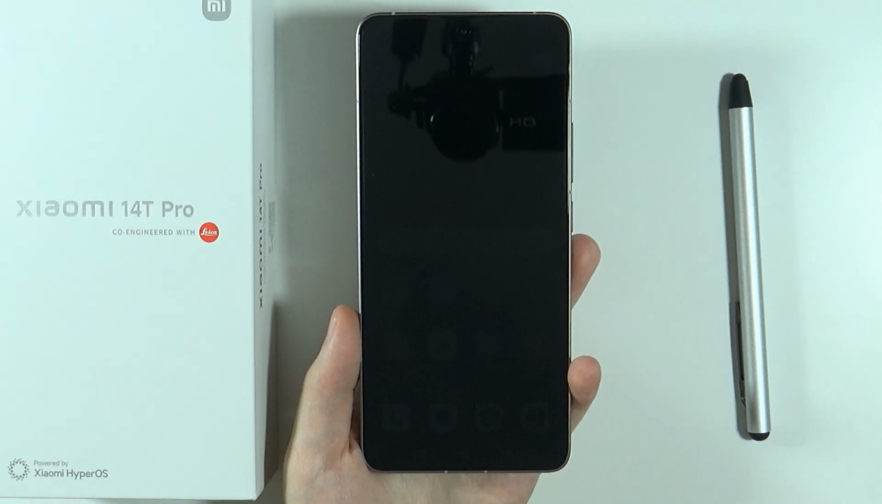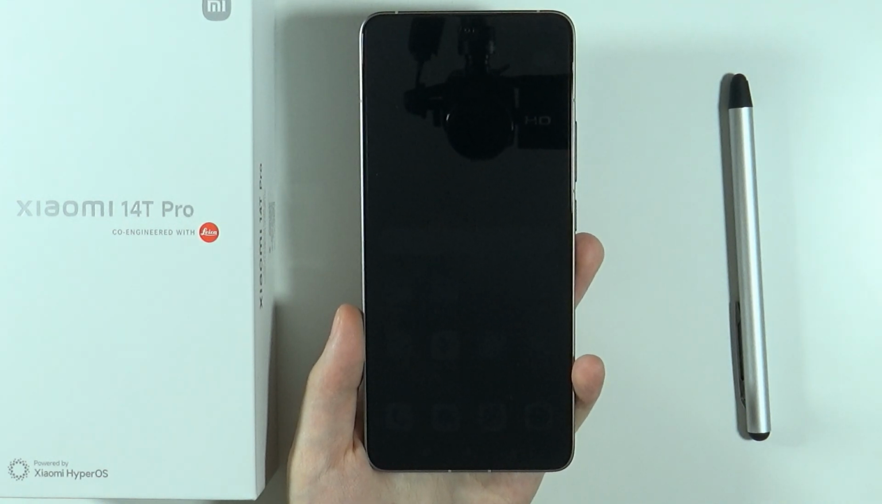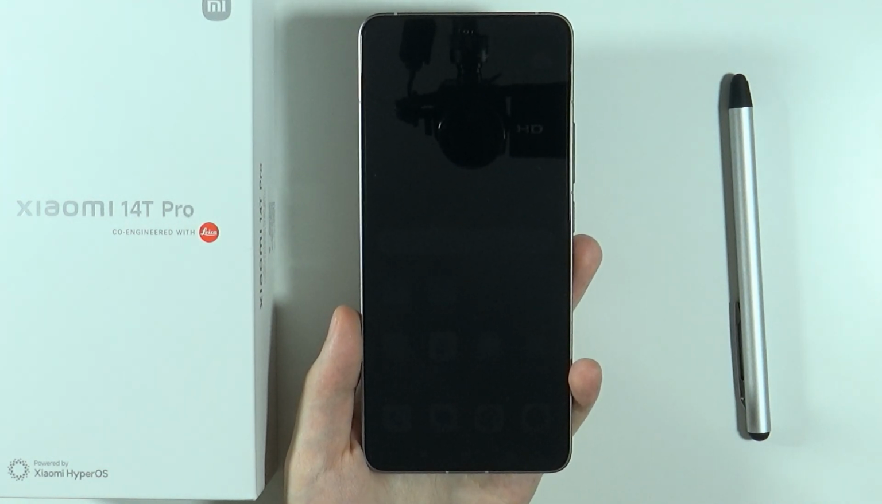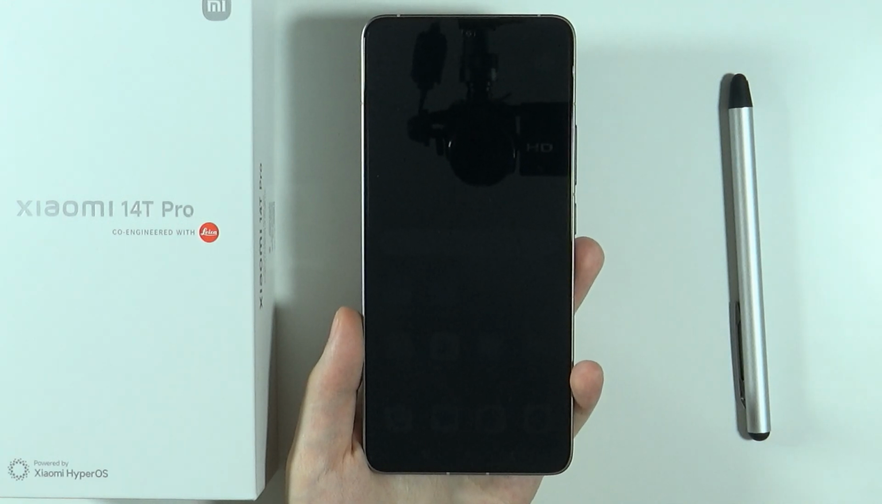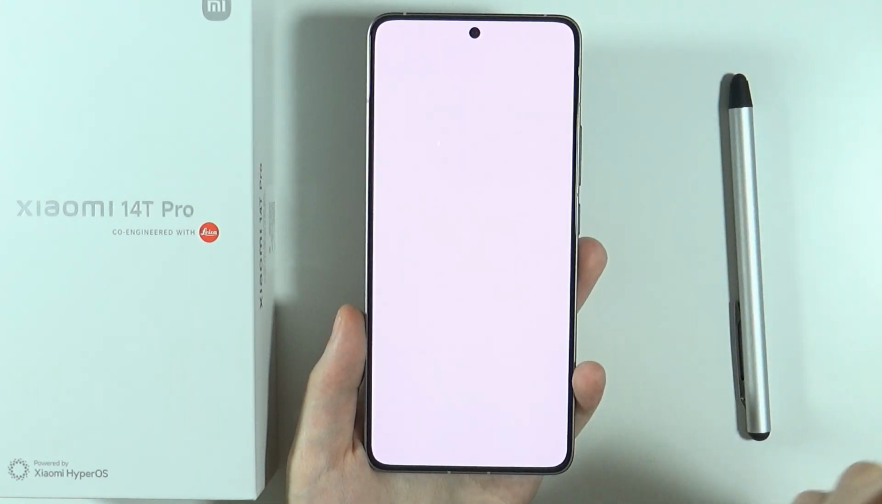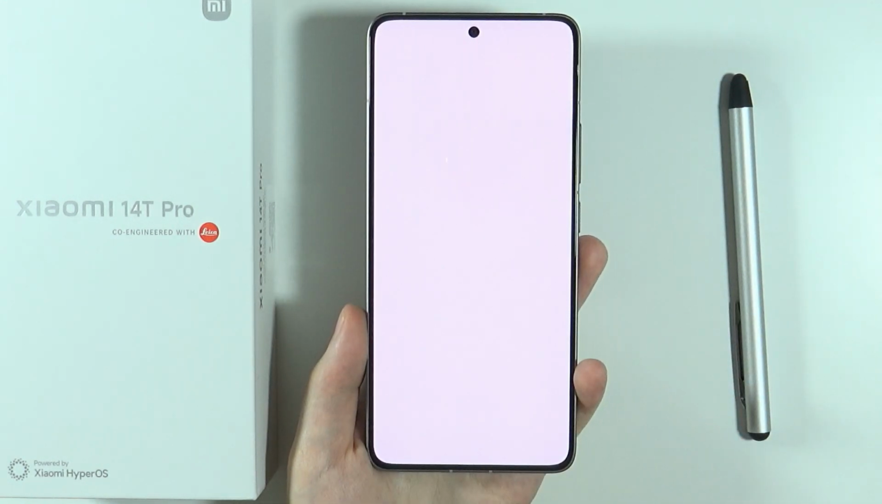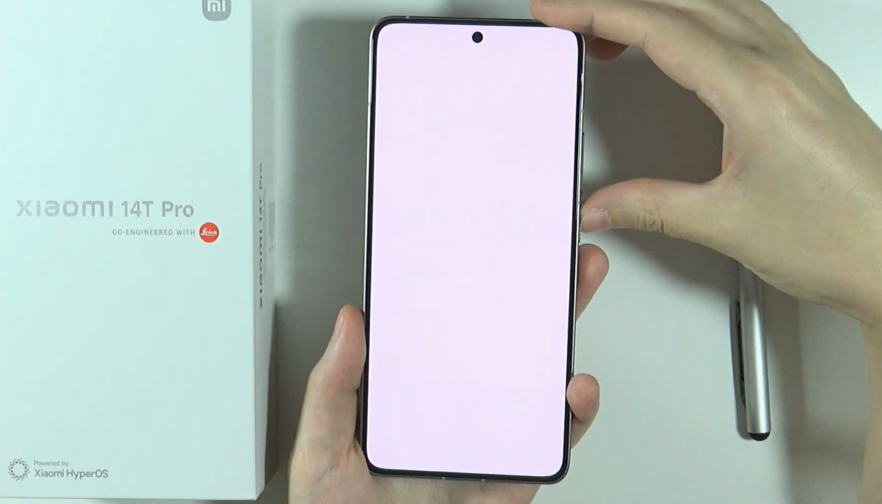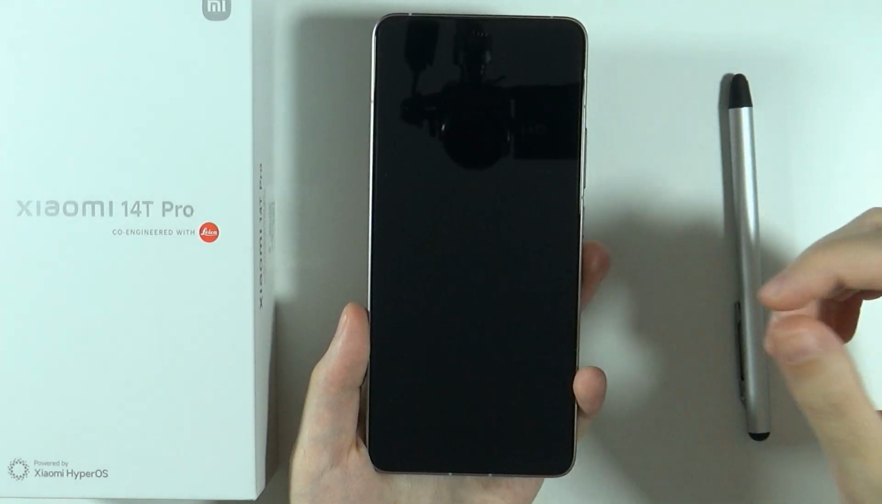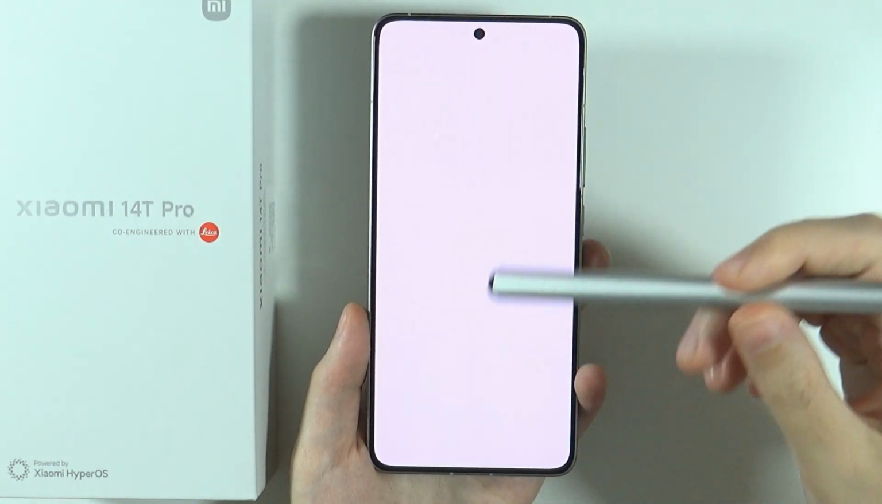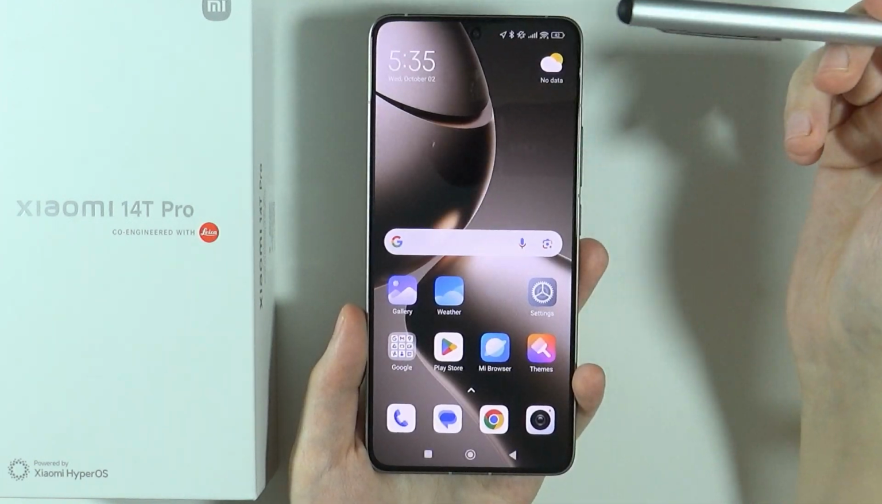Hello, I just started using Xiaomi 14T Pro and I just encountered a weird bug which shows me a whole white screen, like as you can see right now. I didn't even press anything. If I try to press the power button, then immediately the screen turns white and I can unlock my device